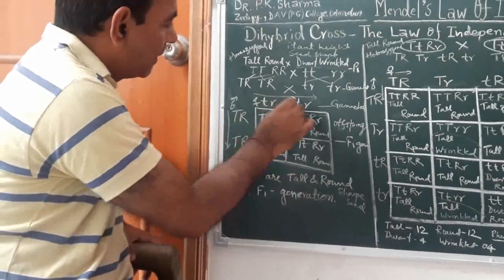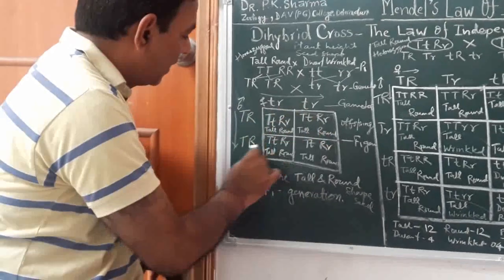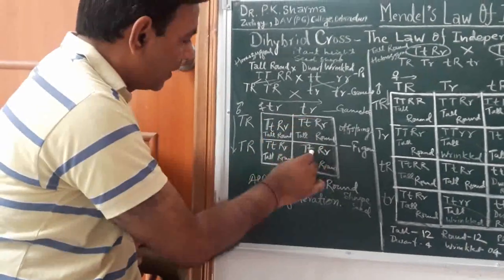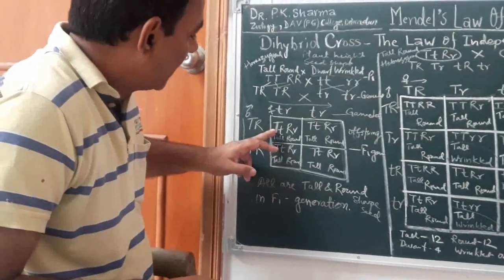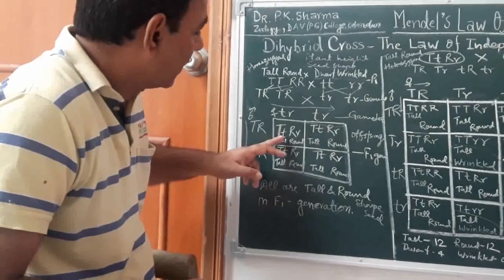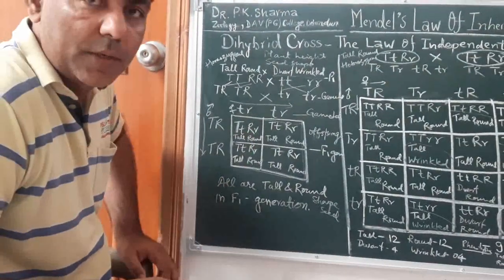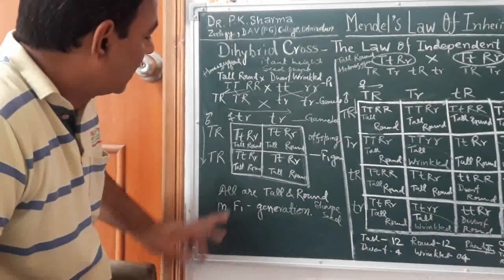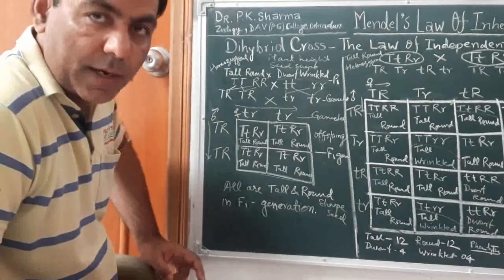In the same way, capital T can mix with small t and capital R with small r. That's why capital T, the tall, is fully dominant over the expression of dwarf, and round is fully dominant over wrinkled. That's why in the F1 generation all plants will be tall in height